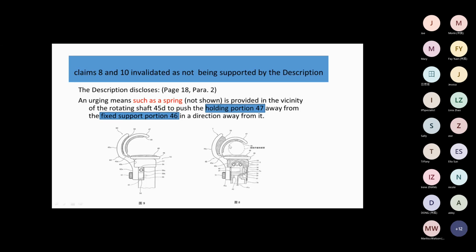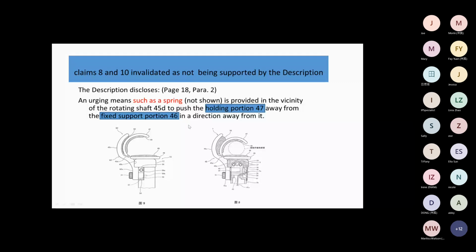There is another part, which is airbag number 50. When the airbag is inflated by air, the airbag will expand. It will push number 47 forward to approach the supporting portion, number 48. So it will clamp the forearm. But after approaching, when you want 47 to move away from 48,